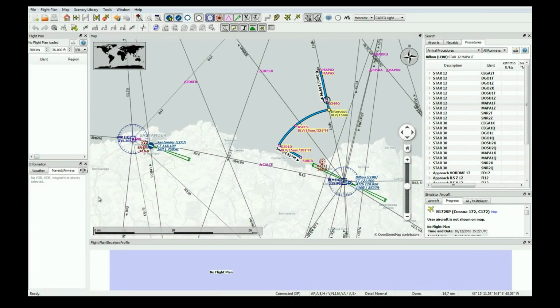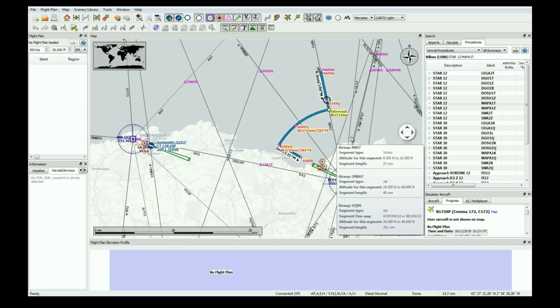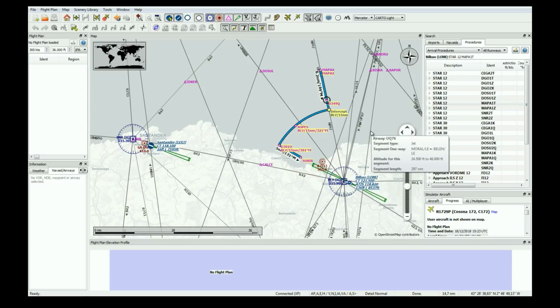So this is Little Navmap, which is a very nice app for instrumental navigation in X-Plane. It's free and I really recommend you give it a try. Okay, so we have the airport here, and as you can see I have selected one approach which starts here in Maypax and it goes south over the sea, and we should have the land in front of us.